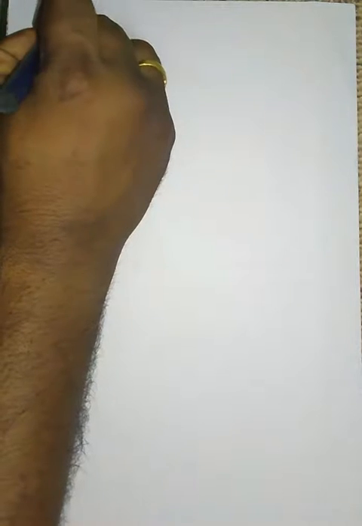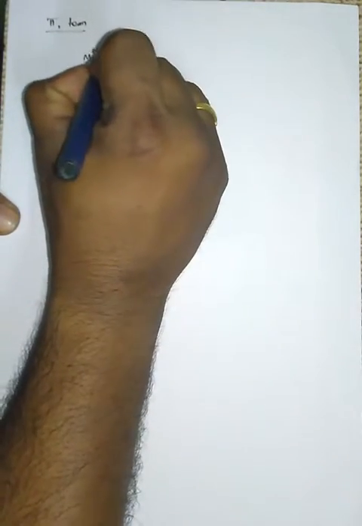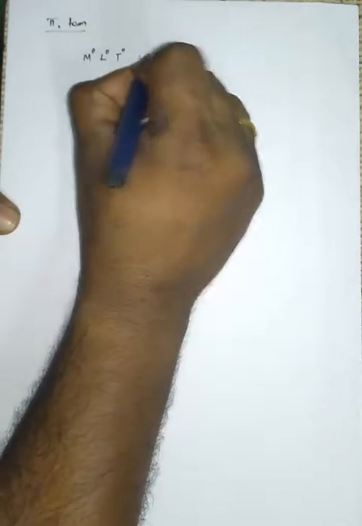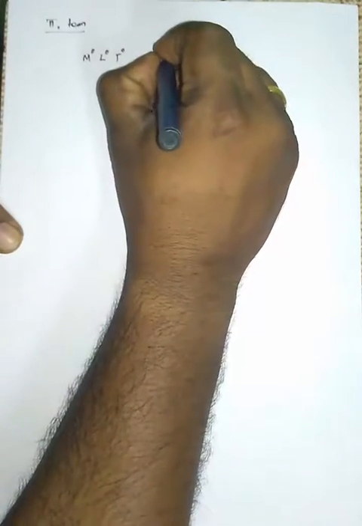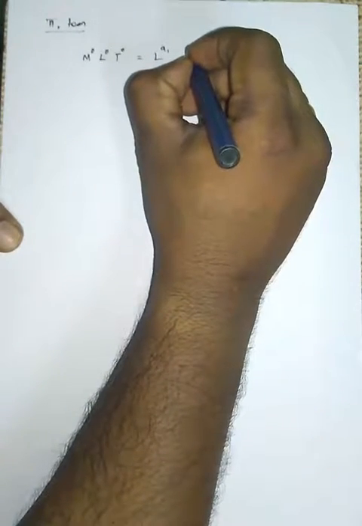Now I am taking the first pi term, that is the pi 1 term. What I am going to do is write the first pi term in the MLT system. The term pi is a dimensionless number. So on the left hand side, since it is pi 1, you have to write M power 0, L power 0, T power 0, since it is a dimensionless number. On the right hand side, the first term is diameter. Diameter is represented by L, so L power a1. And the second term is angular velocity.